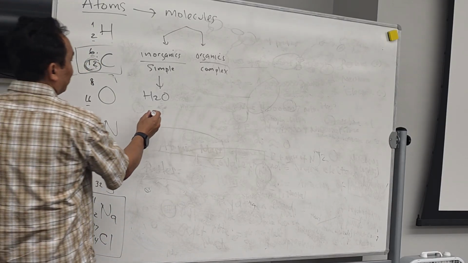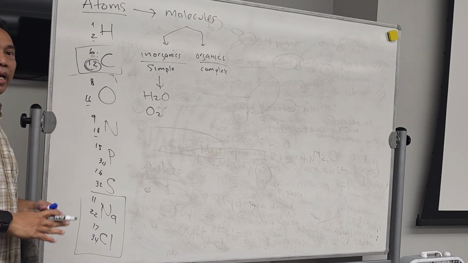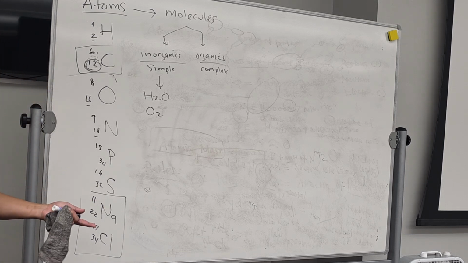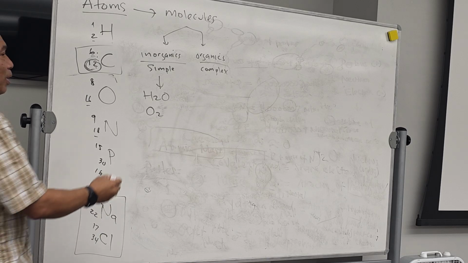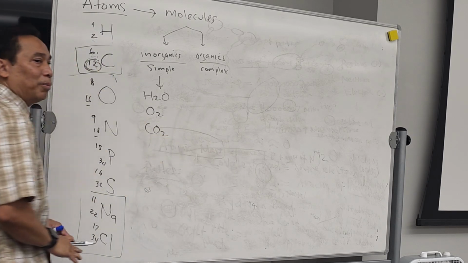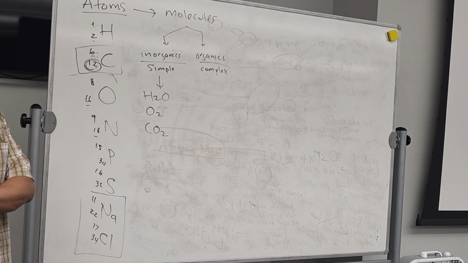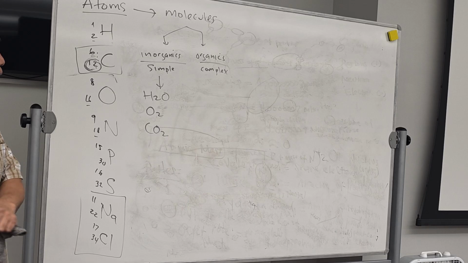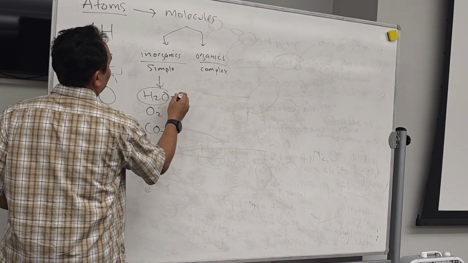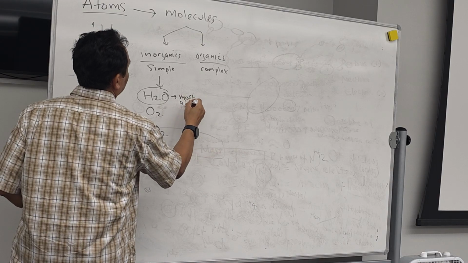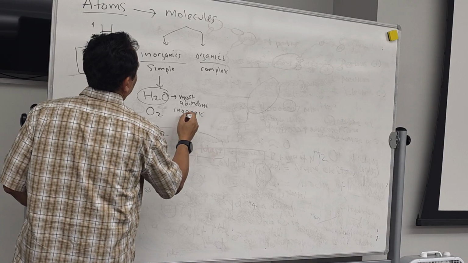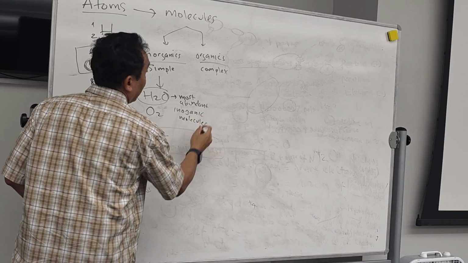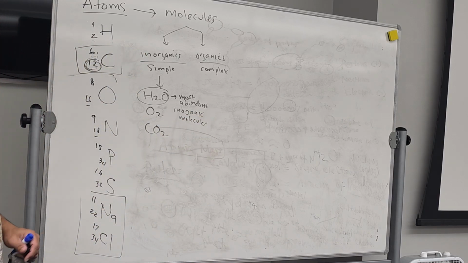And we also have oxygen. Oxygen is carried in your blood and used by your cells to create ATP, which gives you energy, right? And then we also produce carbon dioxide, for example. It's released from your body. Now this one is the most abundant inorganic molecule in the living body, in the human body.